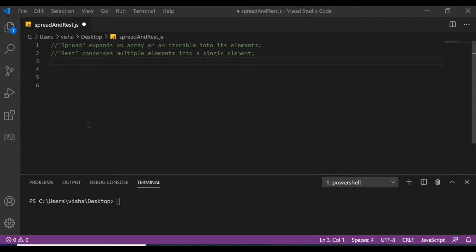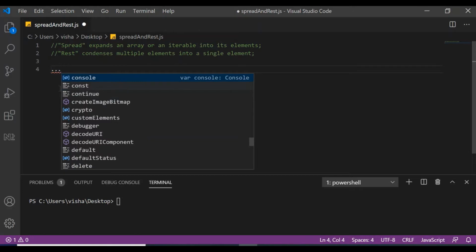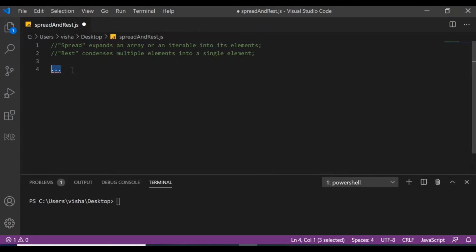I know these two lines are very confusing, so we'll understand both these operators with a very simple example and you will get to know what these are and what these are used for. So before starting, let me tell you, both the rest and spread operators are represented with these three dots. Yes, only these three dots. This is a rest operator as well as a spread operator. Only based on the use case, it differs. So let us first start with a rest operator.